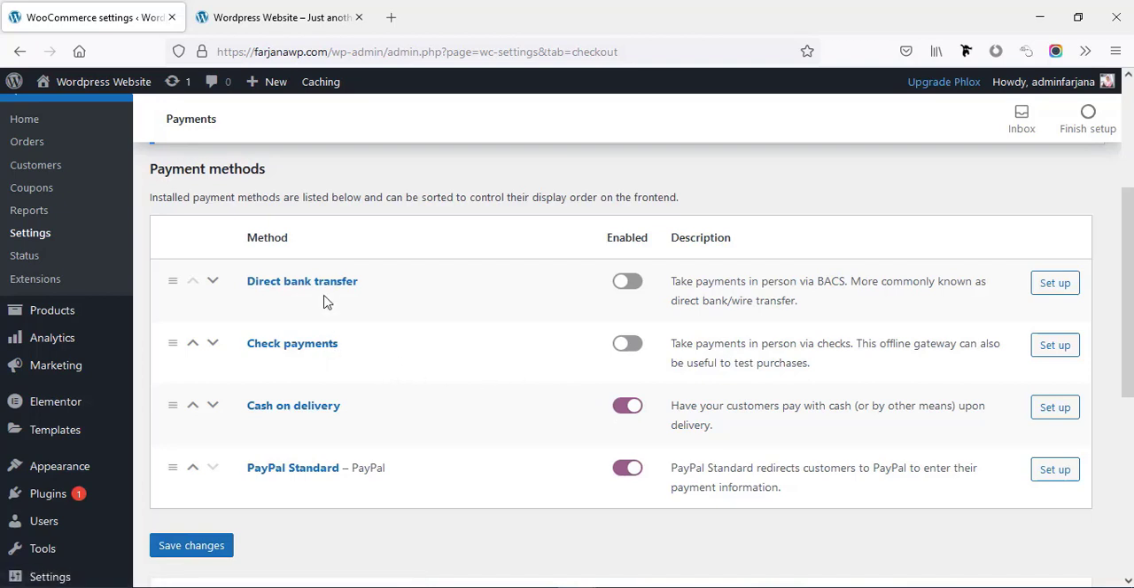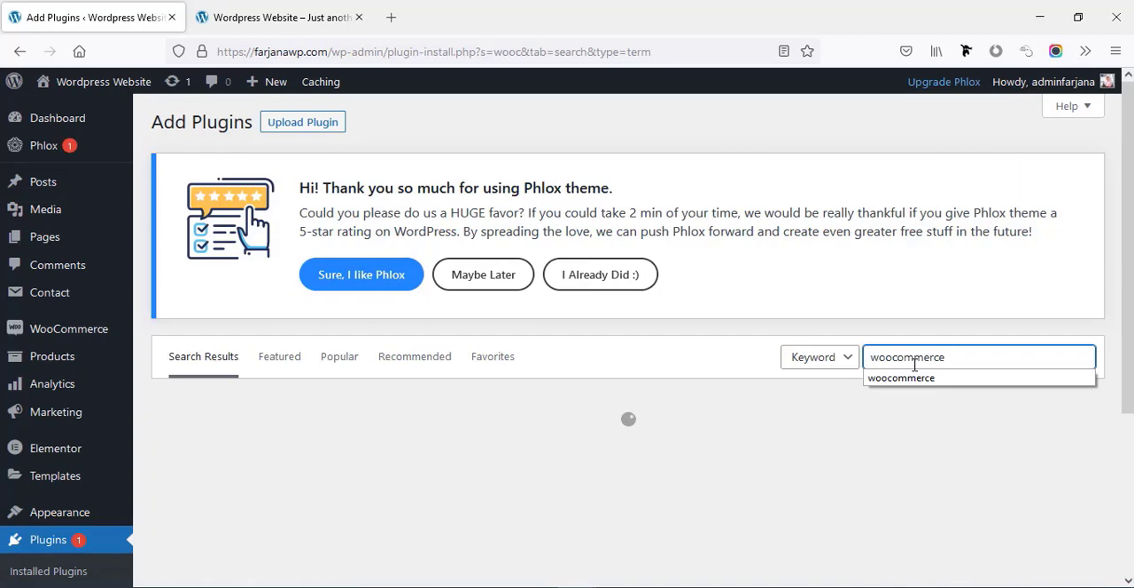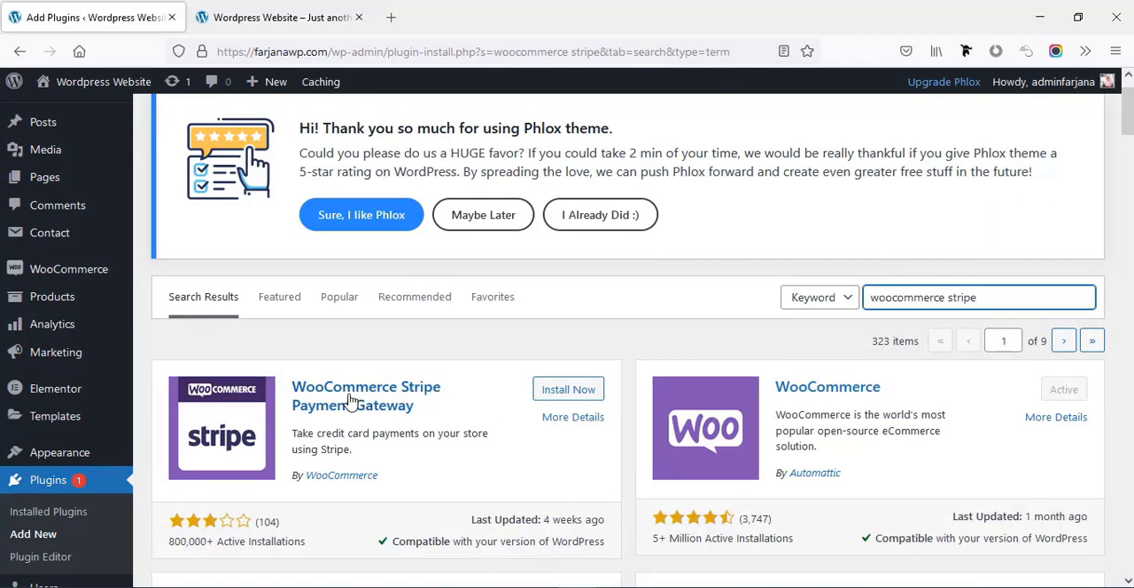And here are two more options, direct bank transfer or check payments. You can also use these, but in this tutorial I'm going to use these two, and also I'm going to install another one for Stripe payment. For that I need to also install another plugin, so going to add new, and here I'm searching for ecommerce Stripe. So this is the plugin, ecommerce Stripe payment gateway. So I'm going to install this one